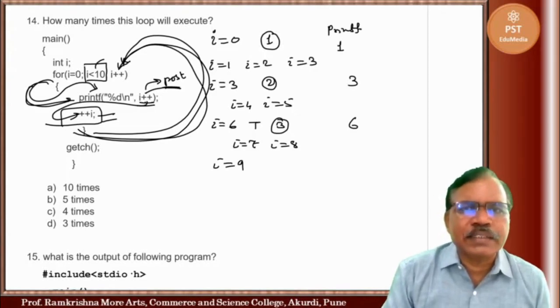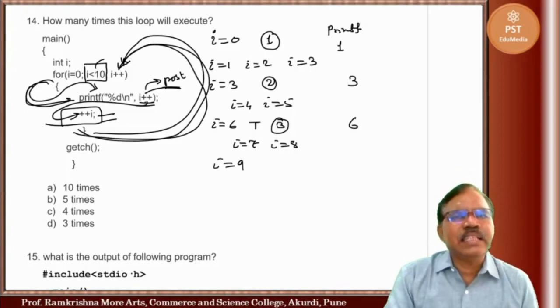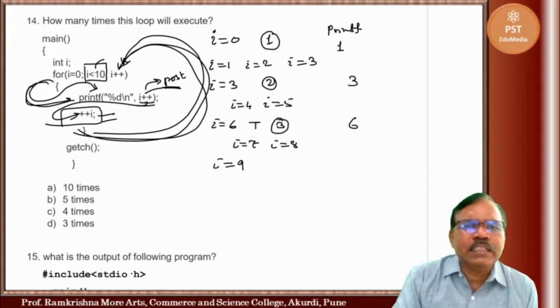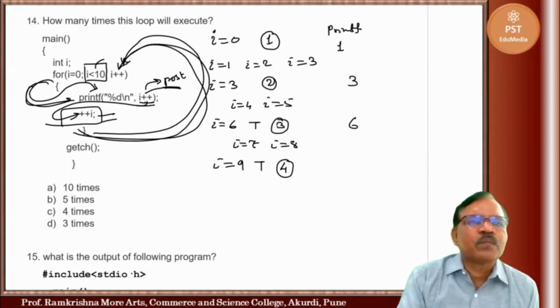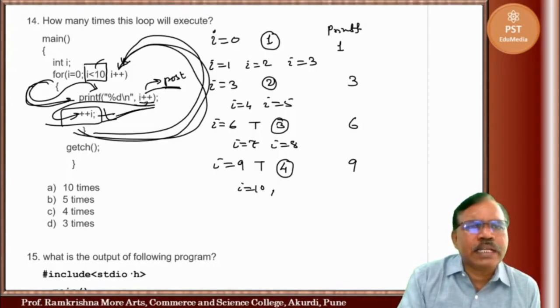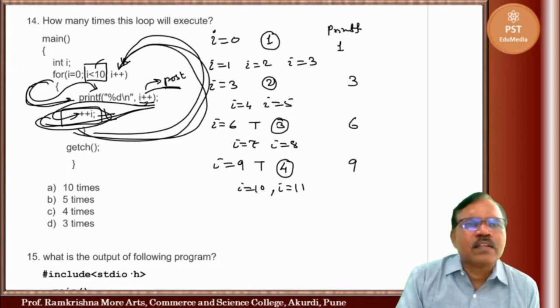The condition is true, so the fourth time it will enter the loop. Then in the printf statement, what is printed? 9 is printed, and then i will become 10, and then due to this statement, i becomes 11, then it goes back,